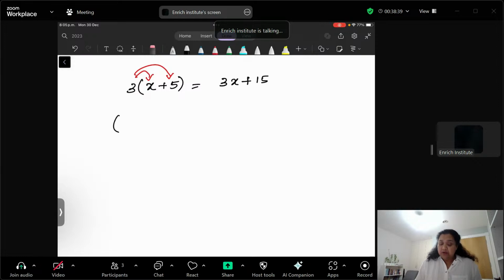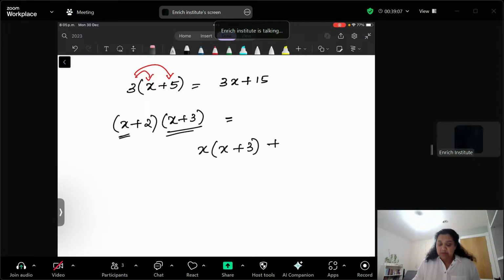Now, the next part is (x + 2)(x + 3). There are two expressions here to multiply, because I have seen some students in Leaving Cert who, whenever they see these kinds of things, make a mistake and multiply it differently. So please remember, when you get two expressions like this, you write this as x times (x + 3) plus